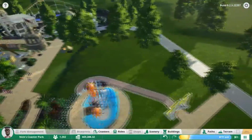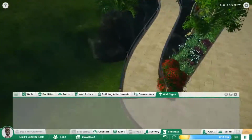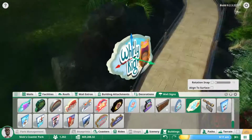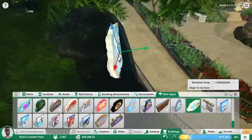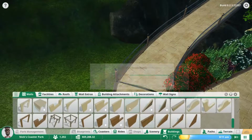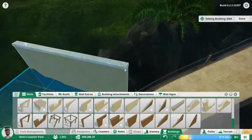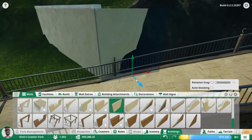But yeah, I think that's actually gonna do it for this episode. So, oh, I stand corrected. We got one more thing, which is to put in the sign, and that is going to be our last thing. So I first tried to put it on the rock here, but it just didn't look right, so I ended up building kind of a custom structure over here off to the side for it, just a small one with, you know, kind of tie this in, and